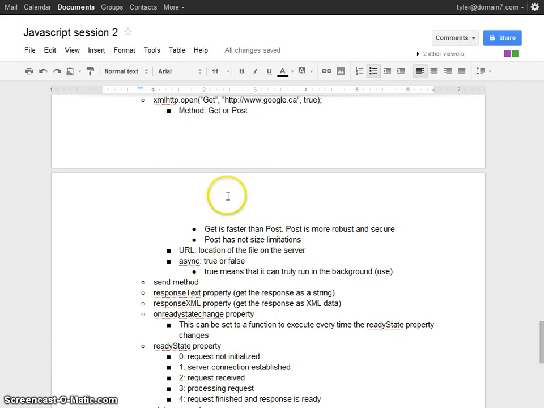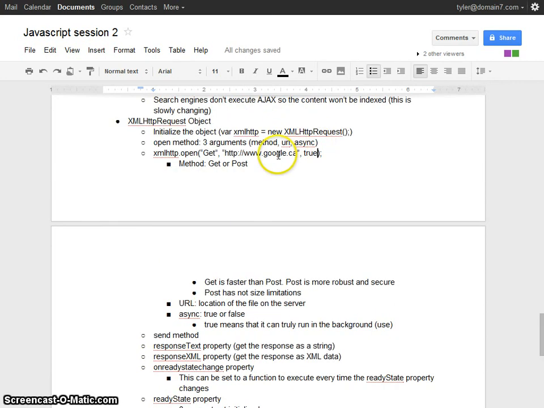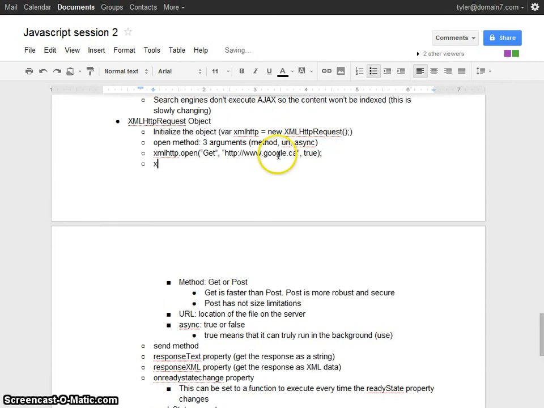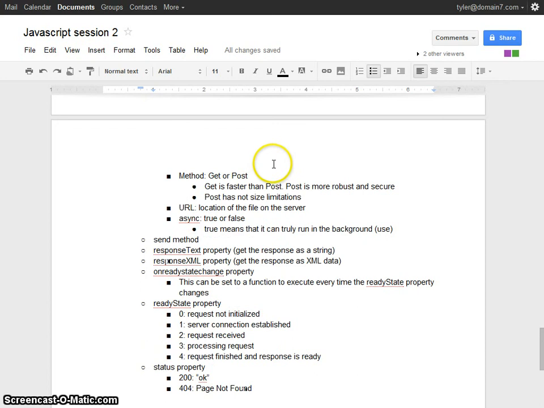We have a send method, so once we've opened it, if this was our code, we would go xmlhttp.send. And that would take this open, and send it to the server, which in this case is this file from the URL.